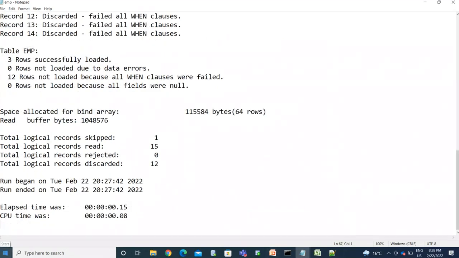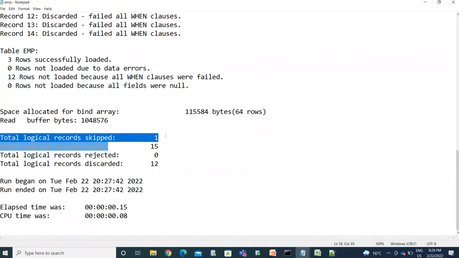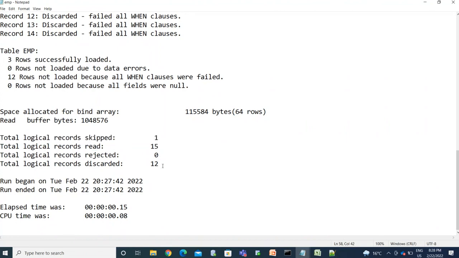Okay, so total we have 15 records. So 16 records, so one got skipped. 15 rows అనేది రీడ్ చేస్తే అందులో నుంచి సో ఇట్ లోడెడ్ వెన్లీ సో ఇట్ రిజెక్టెడ్ రికార్డ్స్ డిస్కార్డెడ్ రికార్డ్స్ 12. ఓకేనా సో దిస్ ఈజ్ అబౌట్ ది